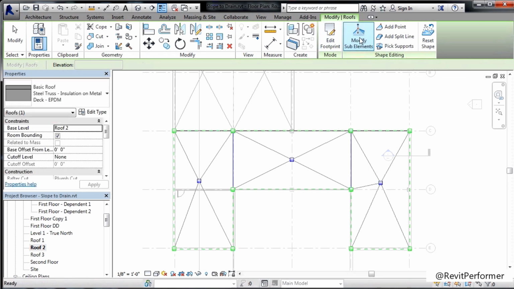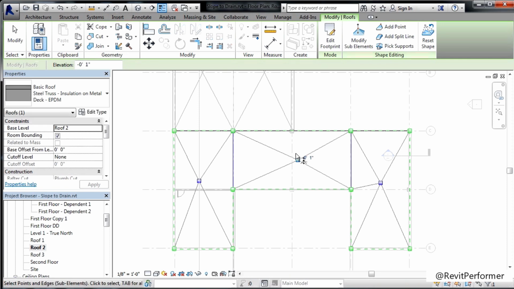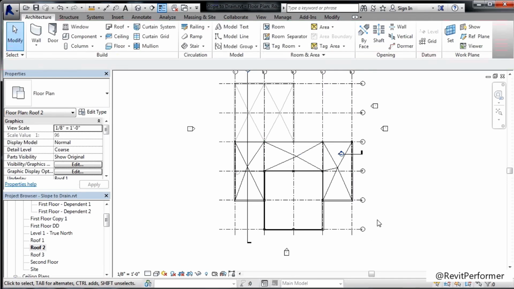So I'll just select on Modify Sub-Elements, click on the little box that's there, pull it over to whatever location I'd like the roof drain to actually be located at. Finally, I need to do the same sort of thing up on the main roof, but instead of having it drain down to a roof drain, I'd like all the water to just drain away from one point on the roof. I'll hit the Escape key a couple times on the keyboard just to get out of the command,